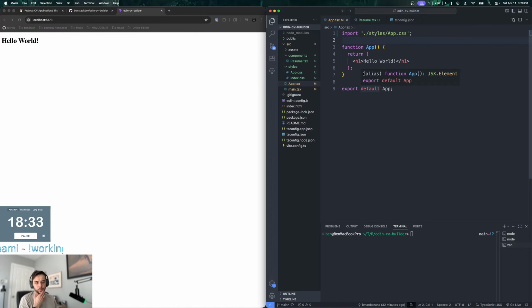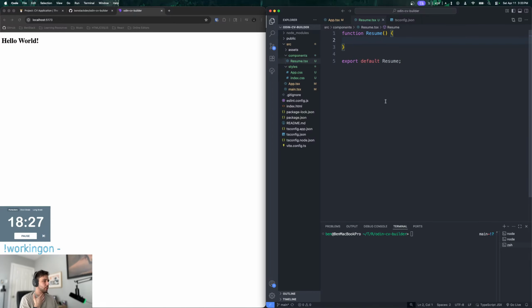Am I planning to do a view state and an edit state? I think so. I don't know whether to do that for the entire resume. Okay, let me backstep. The only reason I'm putting the resume in its own container is in case I want to add a header and a footer and stuff like that. This resume is going to be everything that you saw on the plan.